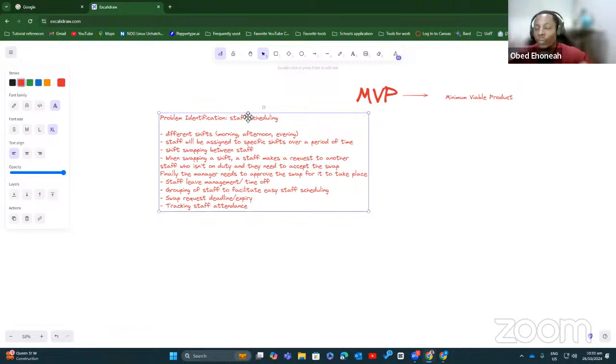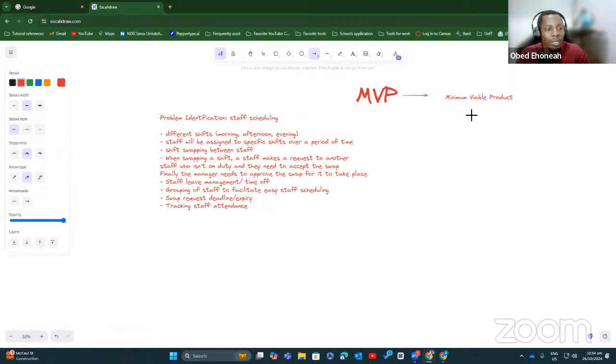We can have all the fancy features of our application, but when you are beginning with designing these platforms, the best you can do for yourself is to focus on the actual problem and the basic form of your solution that solves the problem. So the key problem here is being able to digitalize staff scheduling. We have other features that we are adding that will make it nice to have. It is not a must have. So here you are going to have to differentiate your must haves from your nice to haves.